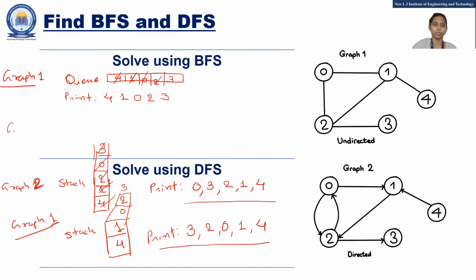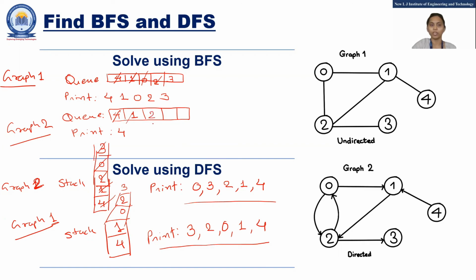Let me do this for graph 2 here. For graph 2, you just have to make a queue. As I said, your start node is 4. So from 4, what is the next level? Before going one step down, you just have to write 4 here. Then 1. After 4, you can only traverse to 1, so 1 is the node connected with 4. Then after 1, anything else? Yes, 2.